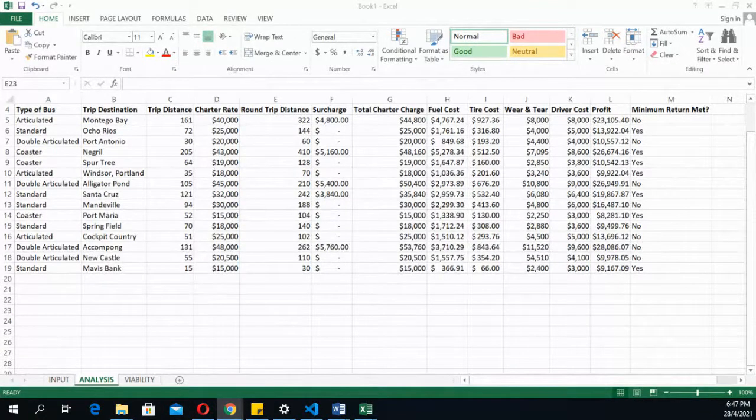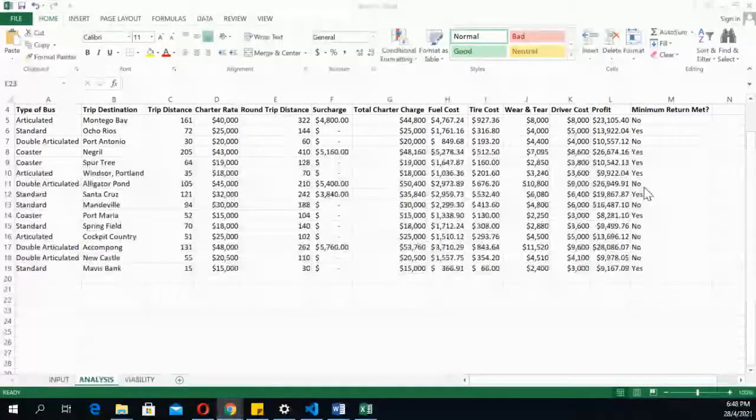All right, so everybody see that question. So it's to use conditional formatting to highlight all charters that meet the minimum requirement. All right, how do we know if the thing meets the minimum requirement? Looking at the information that we have there. So as Alia said, if it is yes, so if this column here is yes, then the minimum requirement was met. Very simple. So if we're doing conditional formatting,